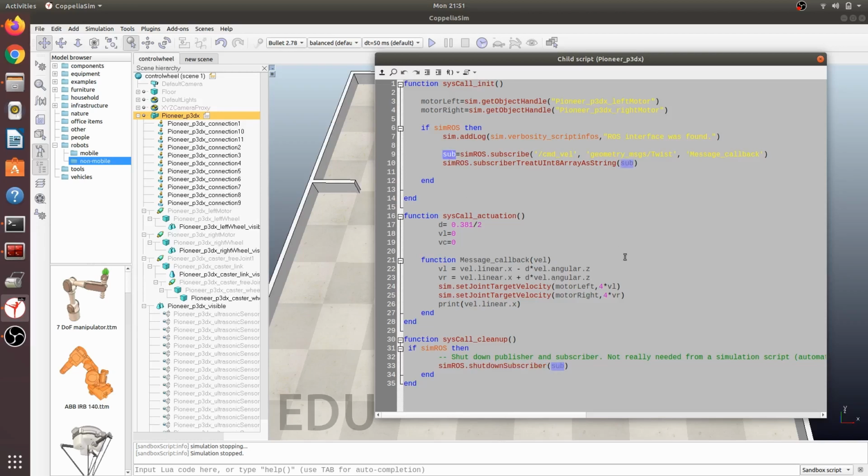Okay, so I hope this code is very much clear to you, and you have understood each and every line very clearly. As I have told you, this is for the robot to be initialized. In the same way, this is just printing a message on our console. Now this is the callback. Within this function is the main, and this is subscribing to this topic. Now this is shut down.